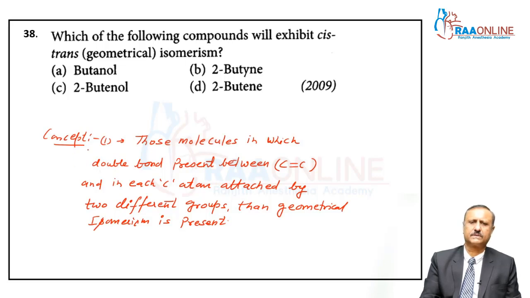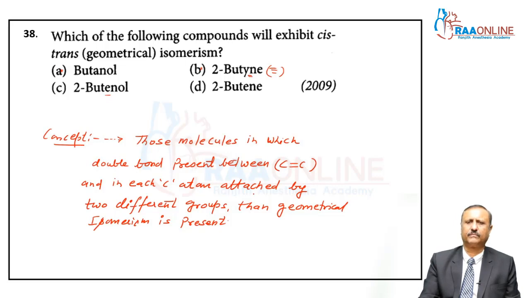So, my dear students, this is the concept. In this concept, look at those molecules in which a double bond is present. Here, in butanol, a double bond is not present, that is why it is not the answer. In 2-butyne, "yne" means a triple bond is present, so this is not the answer. In 2-butenol, "ene" means a double bond is present, but